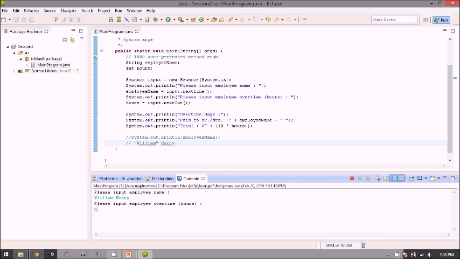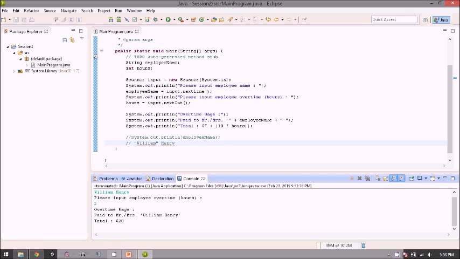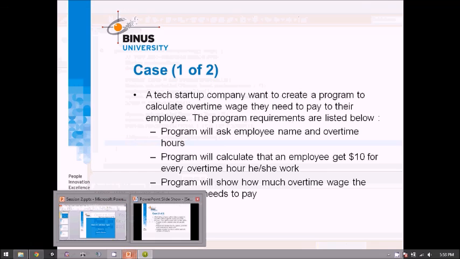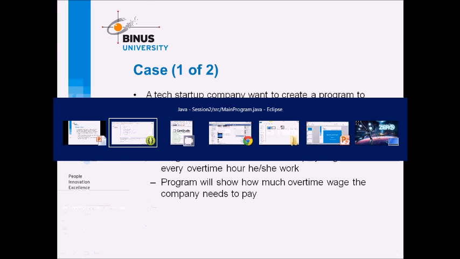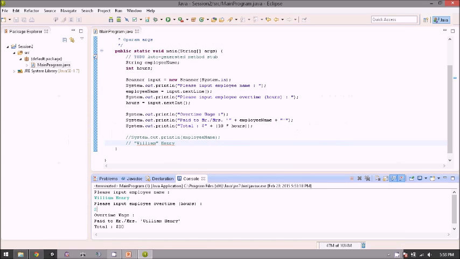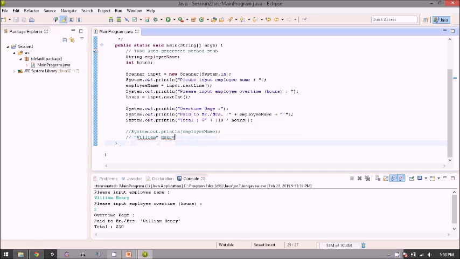Let's input 2, and then it will show up the overtime wage paid to Mr. or Mrs. William Henry, and the total is $20 because 2 times 10 is 20. Okay, so the program is done. It works exactly as the company wants, as the case wants.